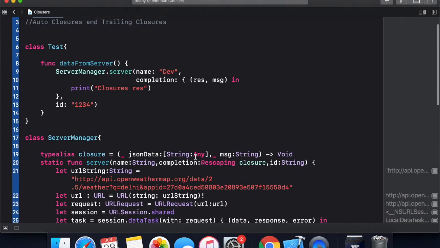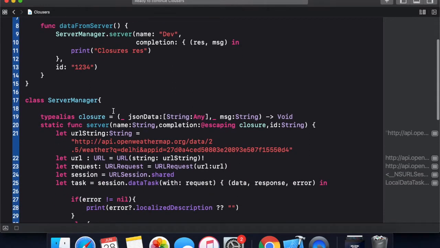Basically we use escaping closures when we need that closure outside the function body.